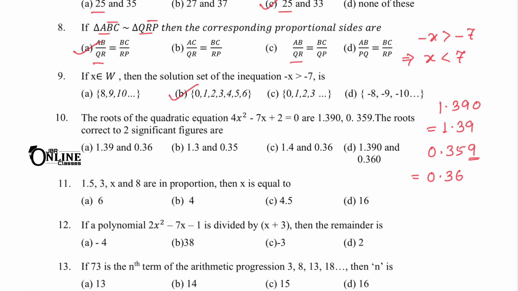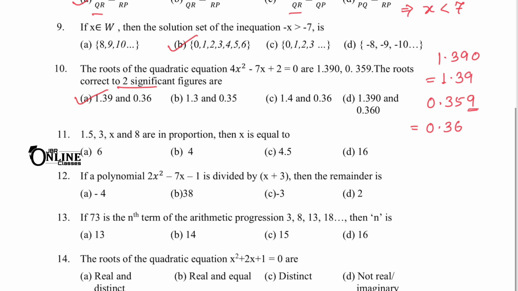Because the last digit is greater than or equal to 5, the previous number will be added by 1. So as here 0.36, your answer will be 1.39 and 0.36 up to 2 significant figure. Remember that 2 significant figure is given. So now sum number 11,